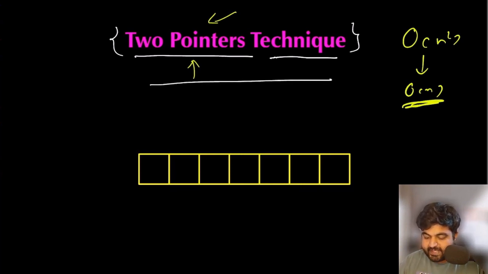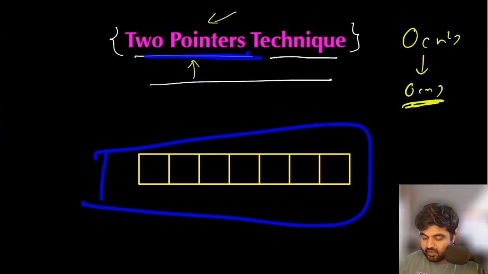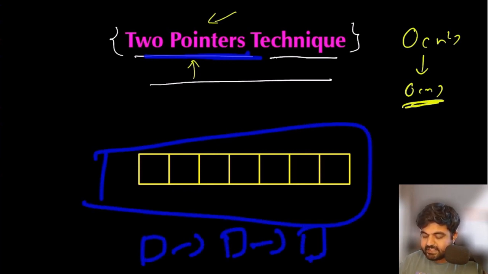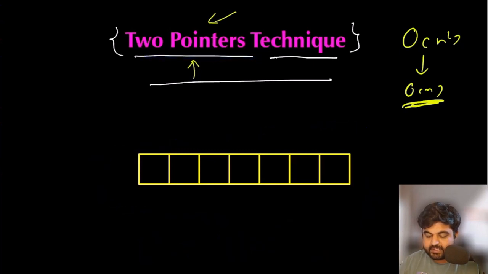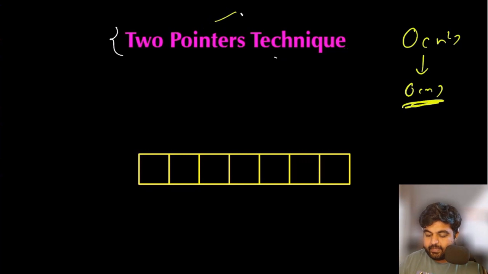So the most basic definition of a two pointer is that it is a way for us to iterate over any given array or any given linked list. In either kind of a fixed data structure, if we use two pointers, this would be greatly helpful for us to traverse over the given input. Now, there can be multiple ways we can iterate over the given array.